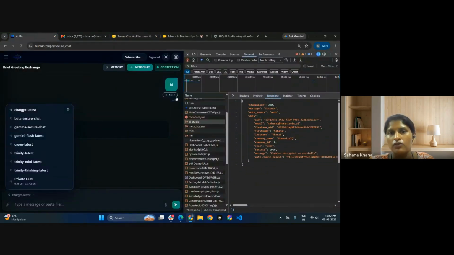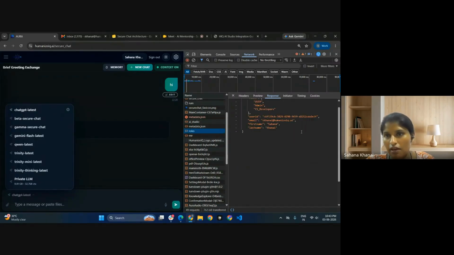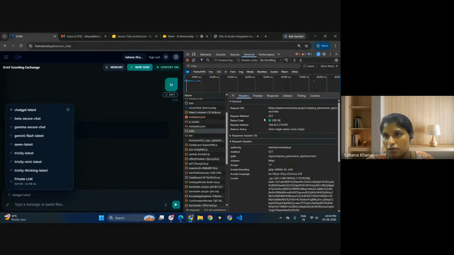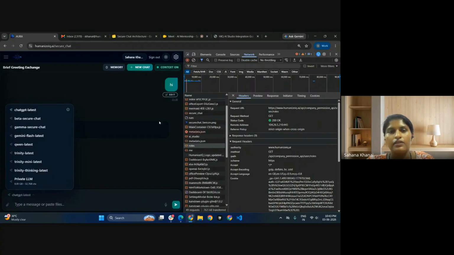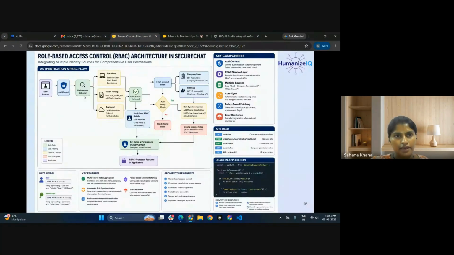Whenever you log in, it is going to call this endpoint, and your data will be created in our user management table, and by default your role will be user. Then all the permissions and models are given access to you, because here we have implemented roles, all the existing user roles we have. And after that I will show it here in the diagram.